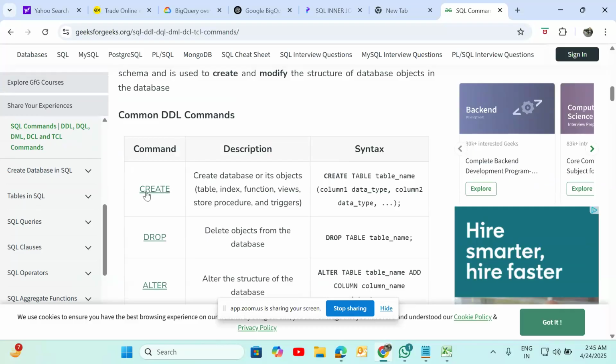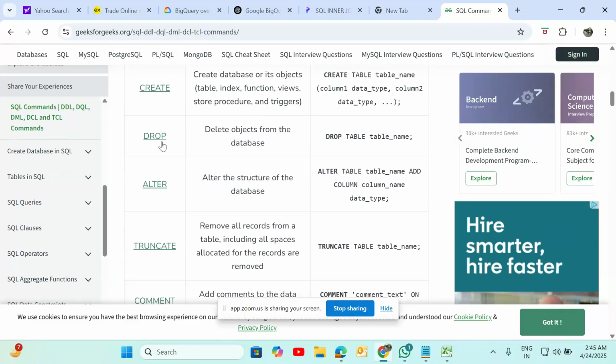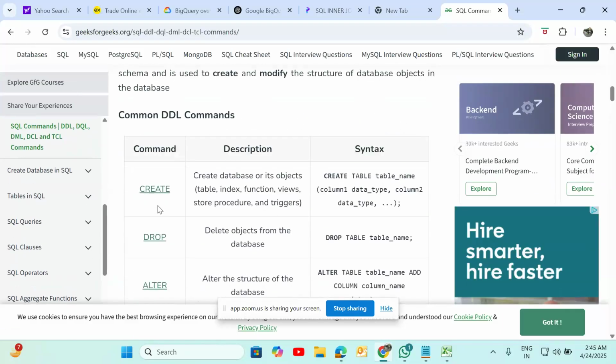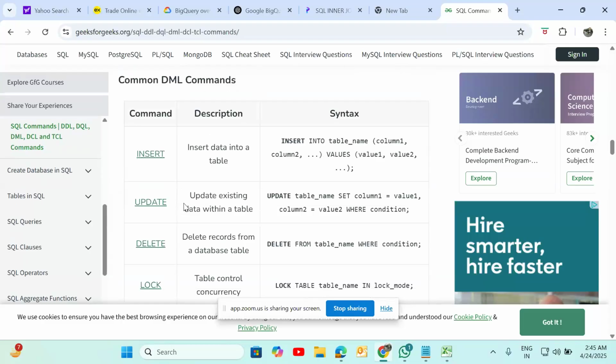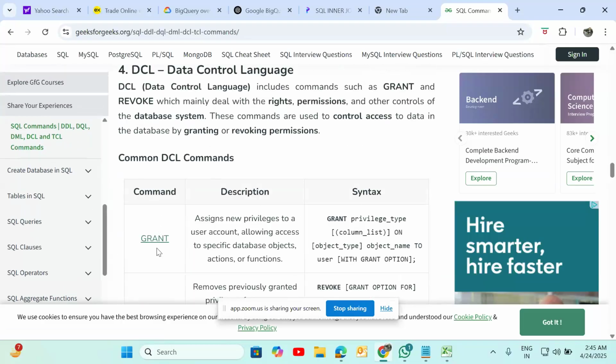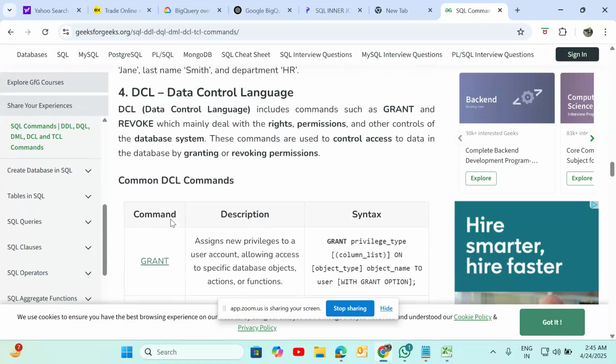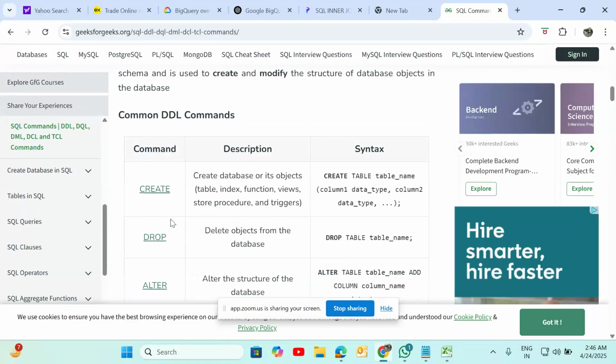These commands are important, but dropping this information from the database, we generally don't have the privileges. Only the admin will take care of dropping. Otherwise, if you are a completely hardcore PL/SQL developer, then you will get the permission to drop tables. In development we have the options, but in production we don't get any of these options. They are completely disabled. They control the privileges with DCL, so you cannot execute these commands.